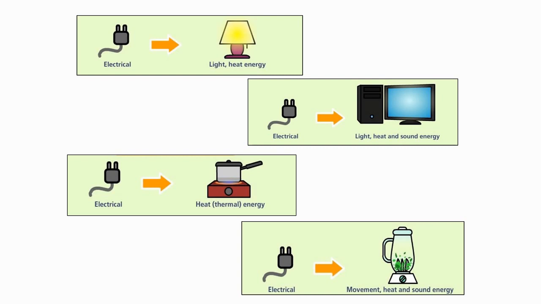Movement is nothing but mechanical energy as it rotates. Also, the mixer gets heated, so it is converted to heat and sound energy. We can also hear the sound. In all these examples, we have seen that electrical energy is converted to some other form of energy. Similarly, in our chapter, we have to study the effects of this electrical energy, that is nothing but electric current.